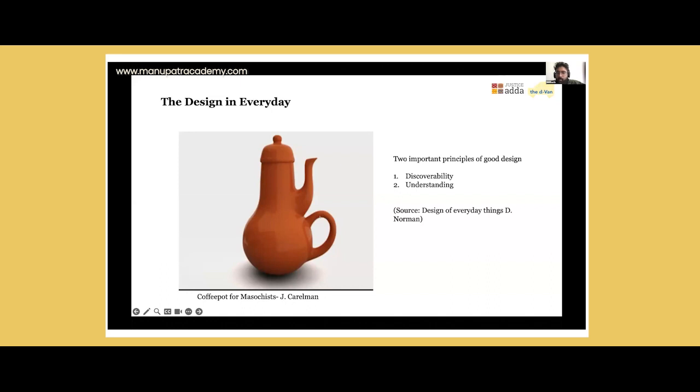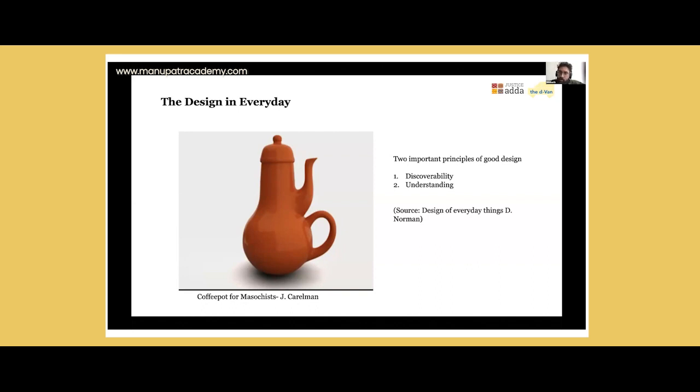One example is that you can't pour through it, the spout and the handle are on the same side, and the design is not feasible, which is a key element. Okay, absolutely. So one of the things that this example is very helpful to tell us is how each of you have thought immediately about the notion of usability. You have tried to explore what is the purpose of having such a coffee pot, and then you have tried to think about the ways in which you can use it.